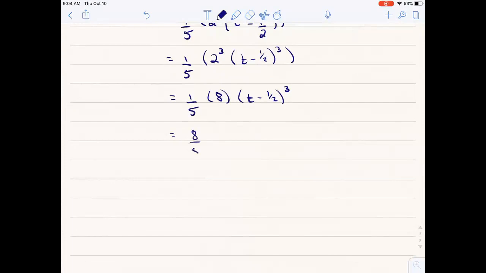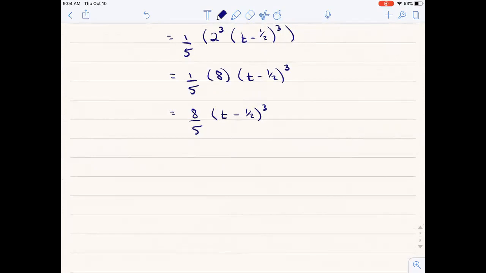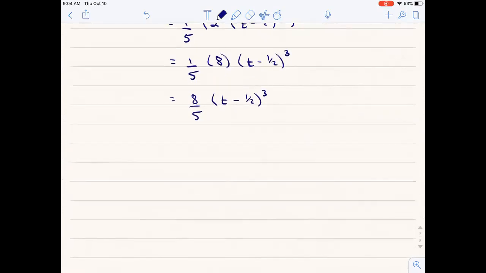Which we can rewrite as 8 over 5 times t minus 1/2 to the power of 3. Nice. Now it's in the form that we need, right? Nothing to it, guys. But we'll get better at manipulating things like this, right? And so we see